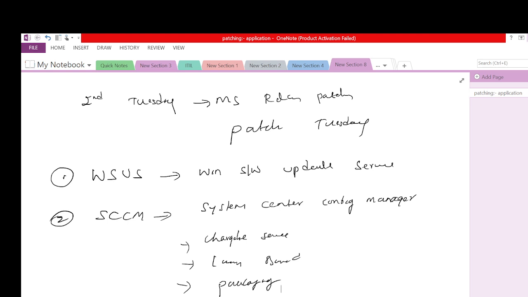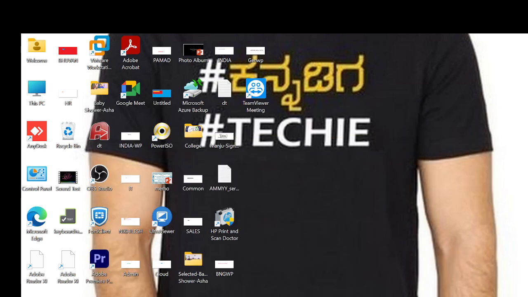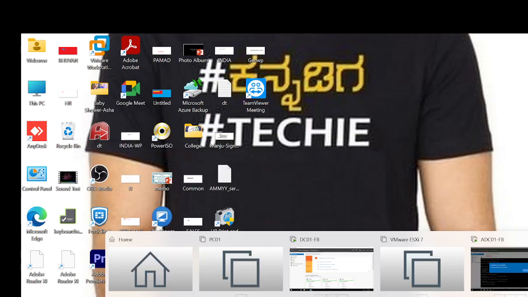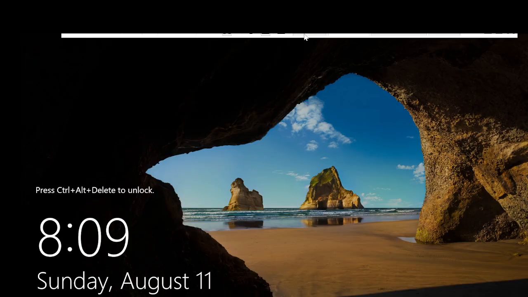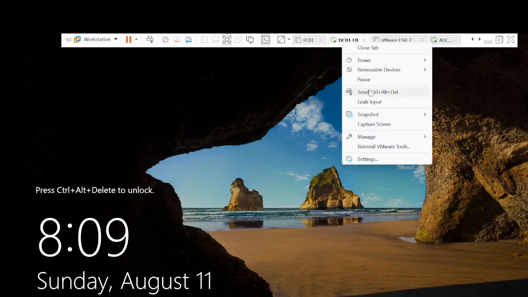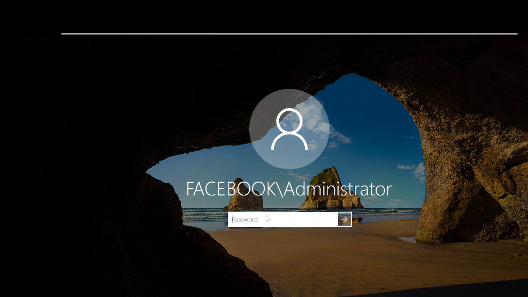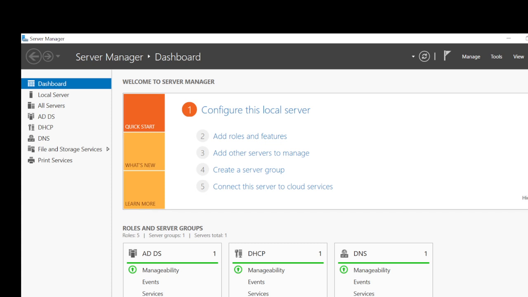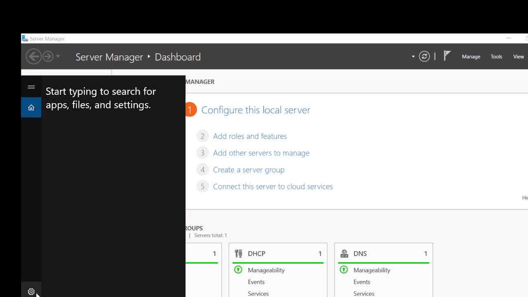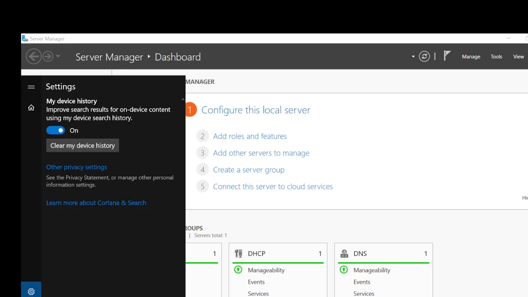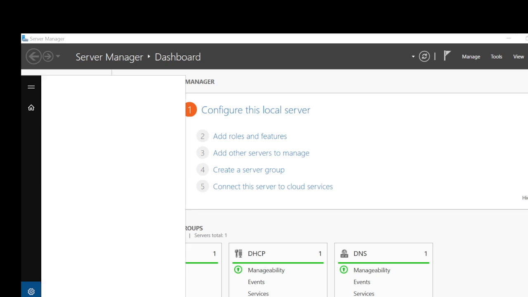Now if I don't have these tools, how can I do the patching activity manually? I will show you how to install and uninstall patches on the servers. I'll take you to DC01. Go to the server, and here in the settings search bar, you can search Windows Update.